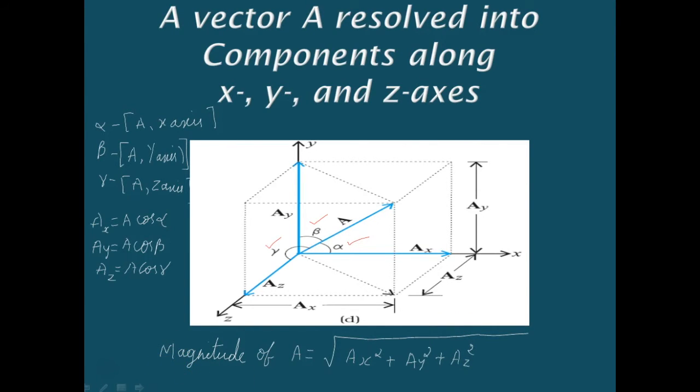Okay, the magnitude of A can be represented by considering the equation that is the square root of ax square plus ay square plus az square in 3 dimensions. In 2 dimensions, it was like A is equal to the square root of ax square plus ay square. So in 3 dimensions, we are adding the extra component az, isn't it? Yes. Then the position vector r can be represented as